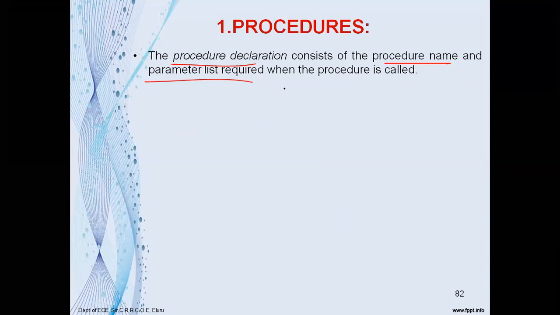So it is just like an entity of a VHDL program. What an entity says, it just says what are the inputs and outputs of the design. So now in the procedure declaration also, it consists of the procedure name and what are the parameters. I mean that input and output parameters are there, right? So they will be declared in this procedure declaration.